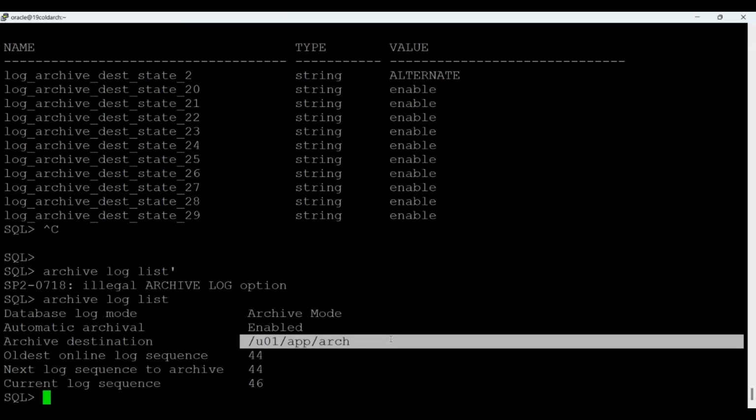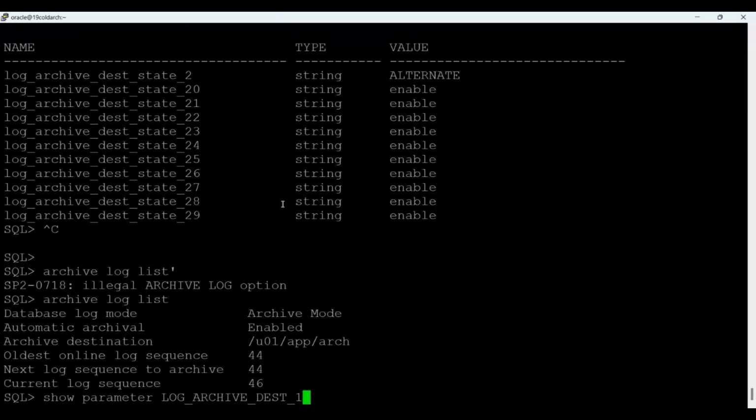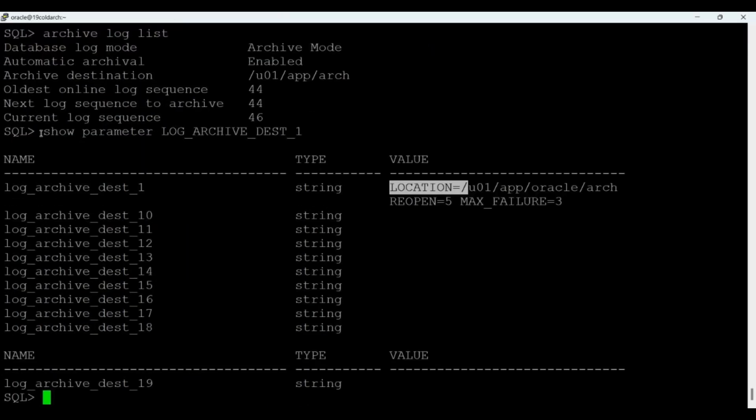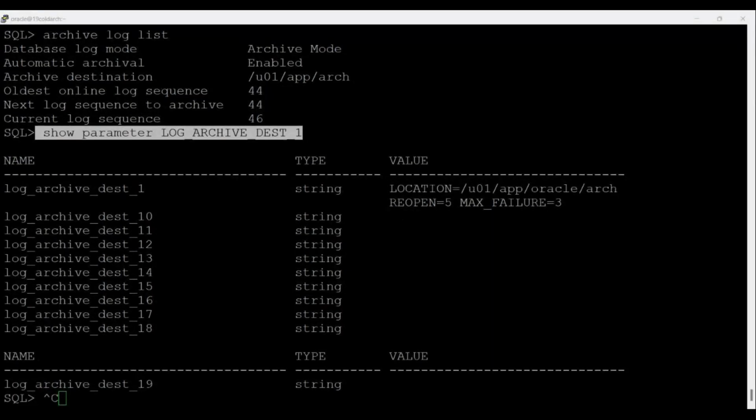So it means we had the location attribute used for this actually. So let me show you. See that the location keyword is being used. Got it? My point, guys. And the service attribute we basically use for remote destination. Okay,